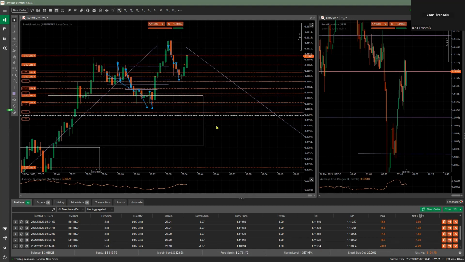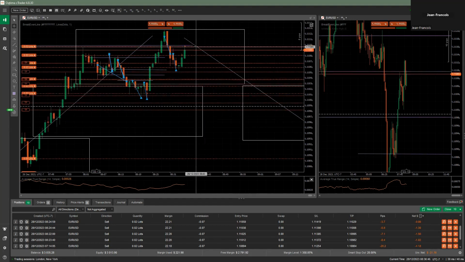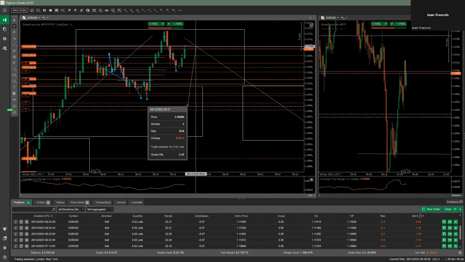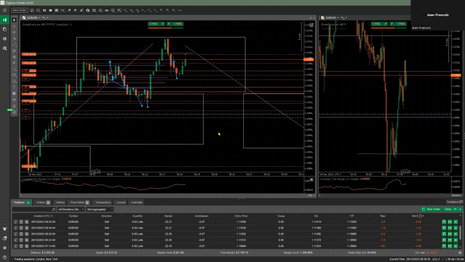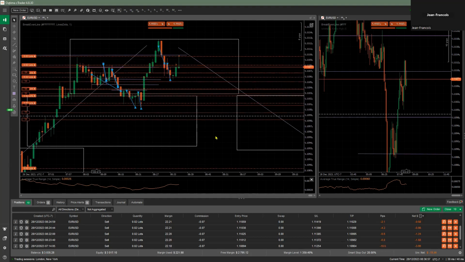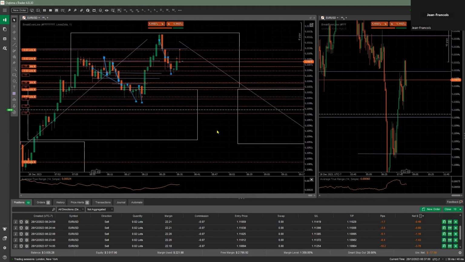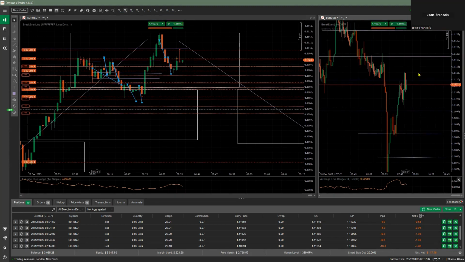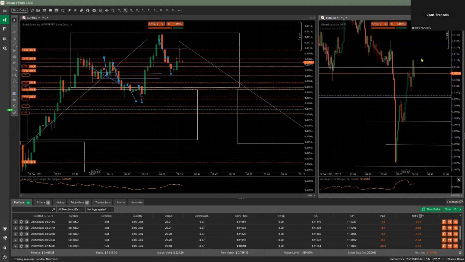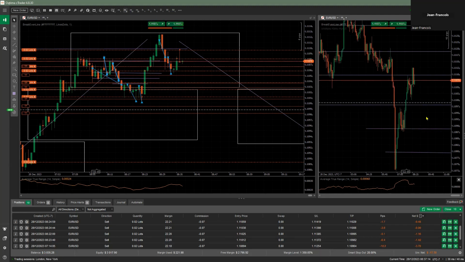I'm still engineering that white line right here. Right, so I'm 1 box away from my white line, which is not bad. It's manageable. Okay, so going back to our 5 minutes, real briefly, we're testing resistance, approaching support. Going back to the hourly,